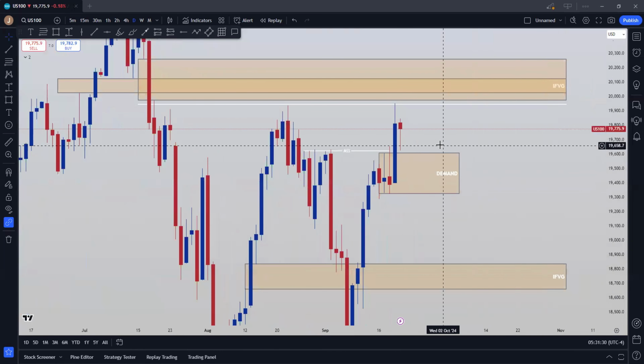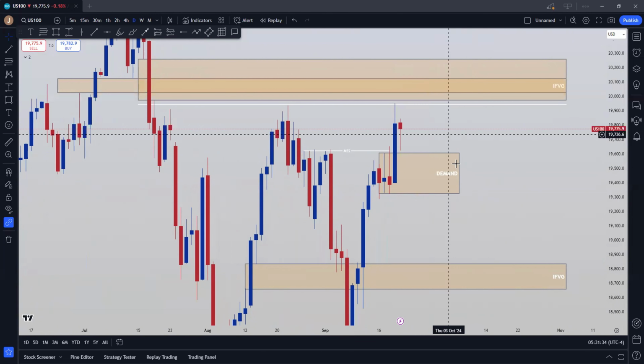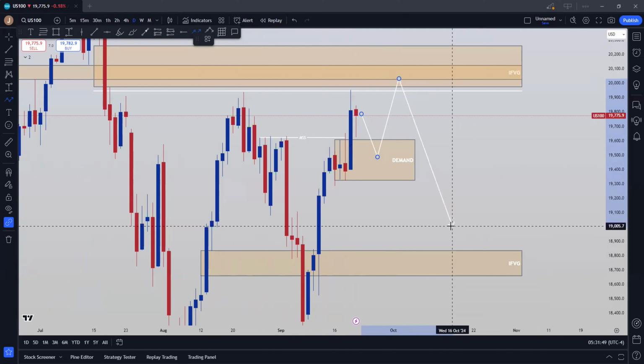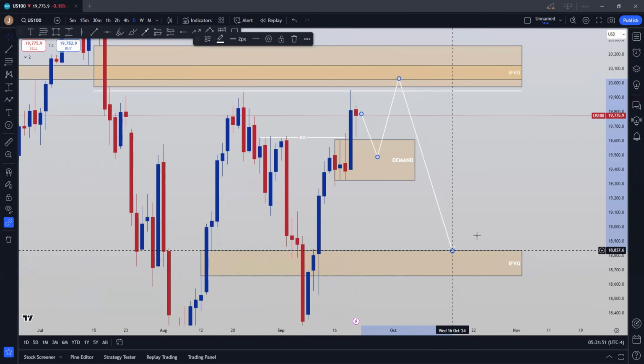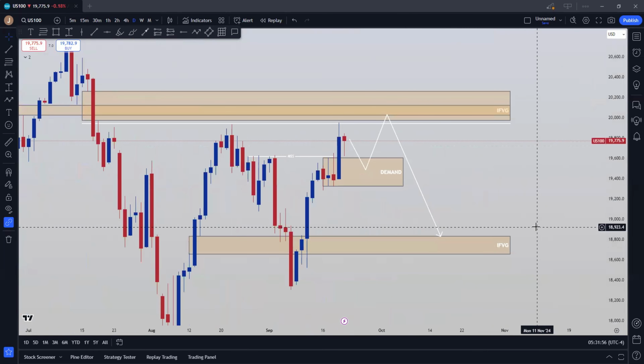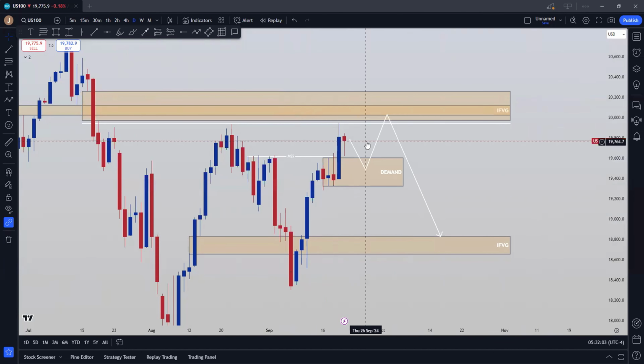So I would like to see somewhat of an initial push to the upside back into our point of interest, and then somewhat of a shift back towards the downside. Over the course of this week, I would like to see something like this happen: an actual shift back towards the upside, and then I find myself preparing for some beautiful shorts back towards the downside, right? I would be preparing for something like this to open up on this beautiful instrument called the NASDAQ.